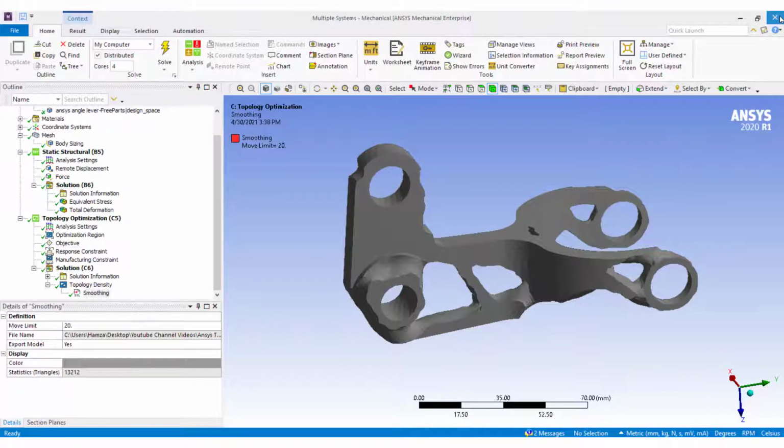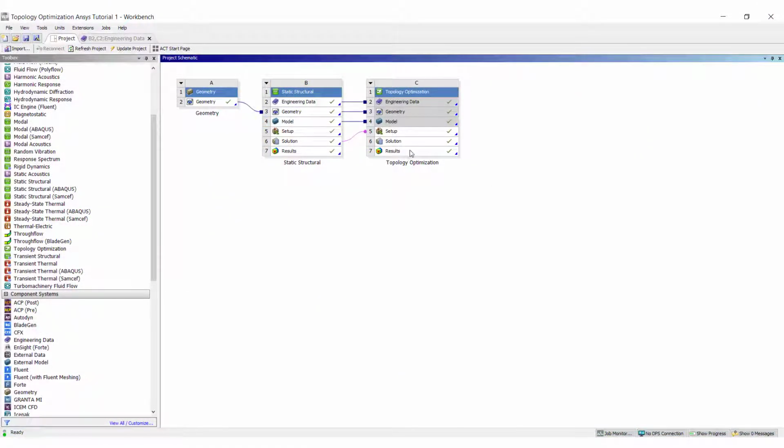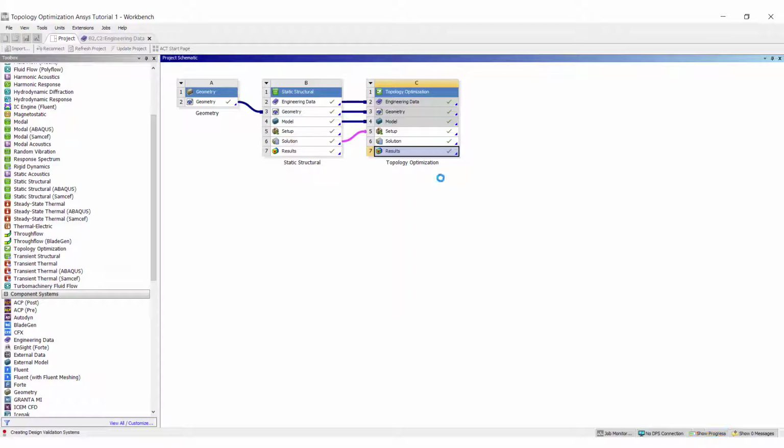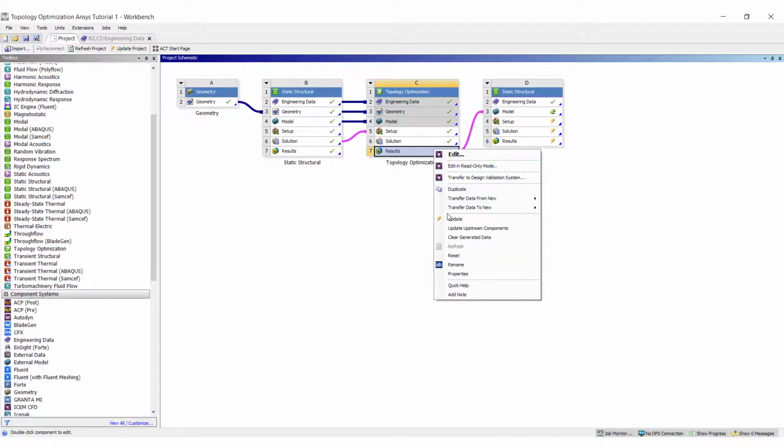Close the mechanical. Right click on the result of the static structural and select transfer to design validation system. Right click on the result tab and select update.